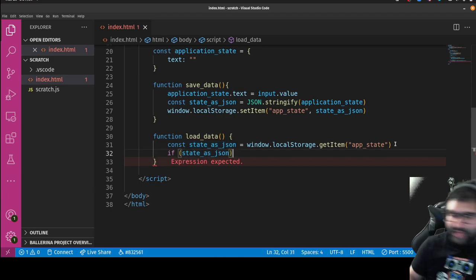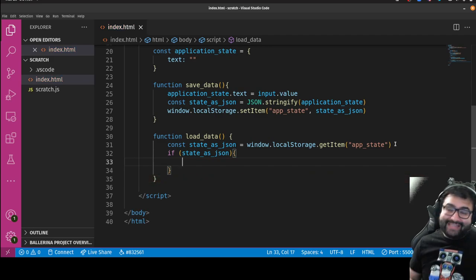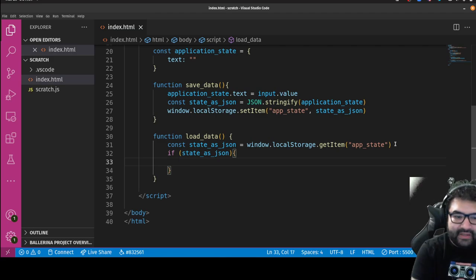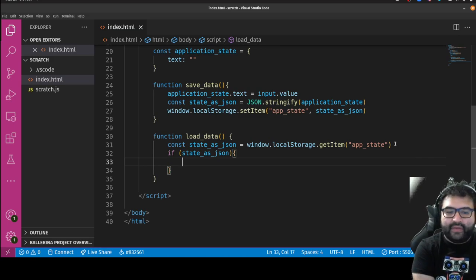Because if that key, like if I never actually created this key in local storage yet, it's going to be undefined, which will be falsy, and it'll just skip this if statement. But if there actually is a string in there, like I have saved data in the past, then it's going to be true, and then I can carry out what I'm about to do. So if state as JSON is truthy, meaning there's actually data there, then the next thing I'm going to do is turn that JSON